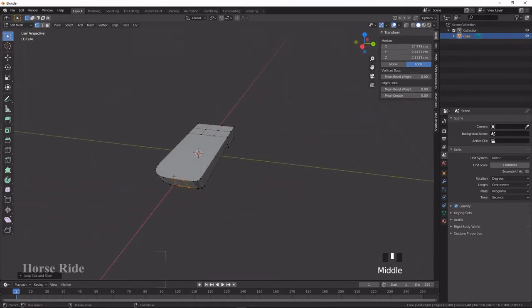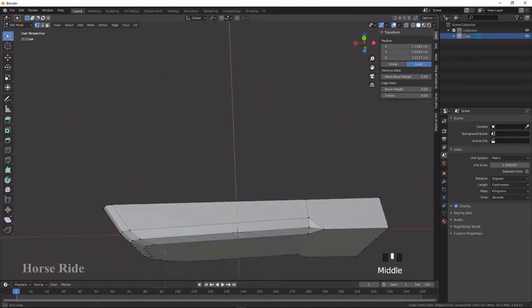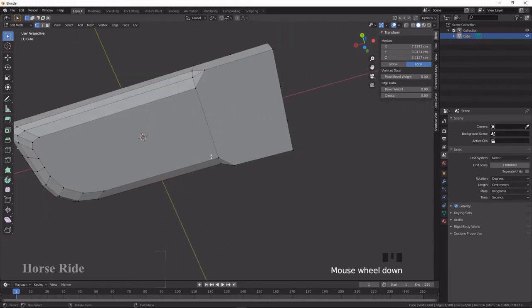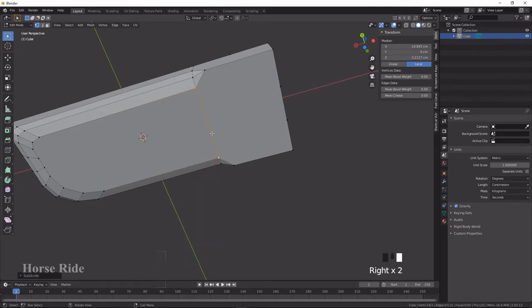Then select this, press J to join. Select this, press J to join. And select these two, subdivide it by 2 times.